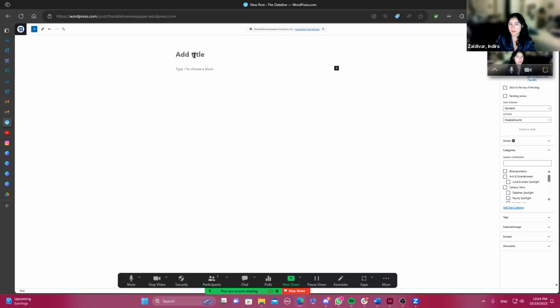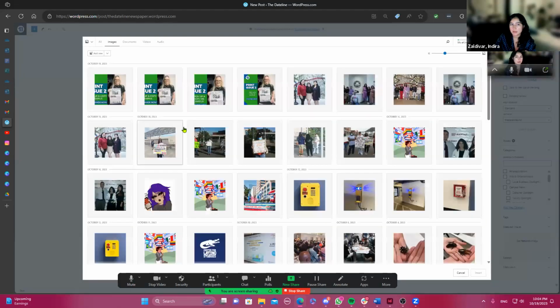All right, then you can pick your featured image. This is actually the image that shows up on the home page, and if you share a link, this is the image that's gonna show up. So you have to be mindful of certain restrictions of the space that there is. So for example,